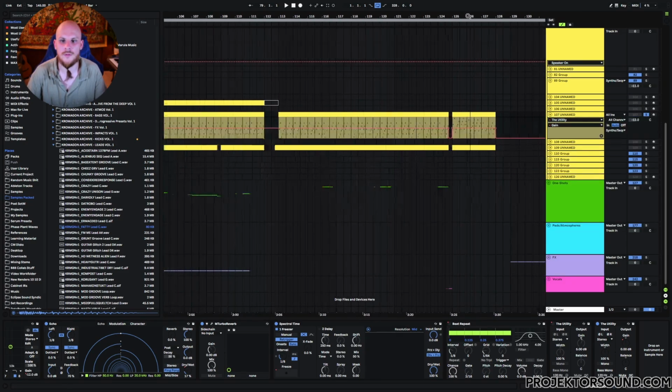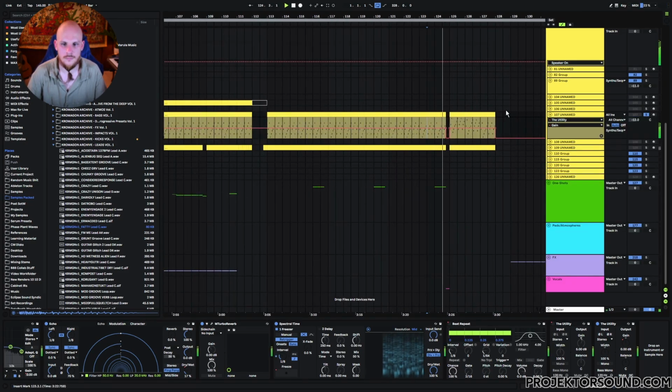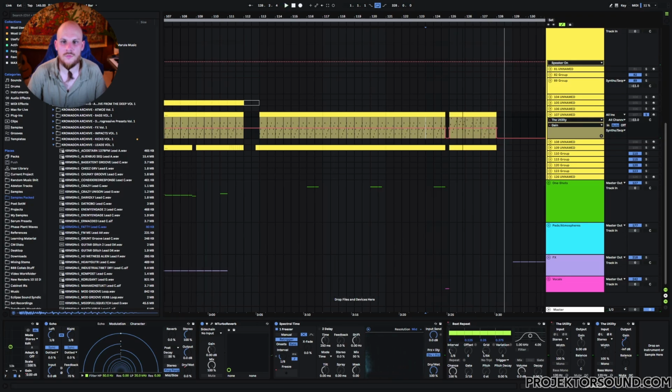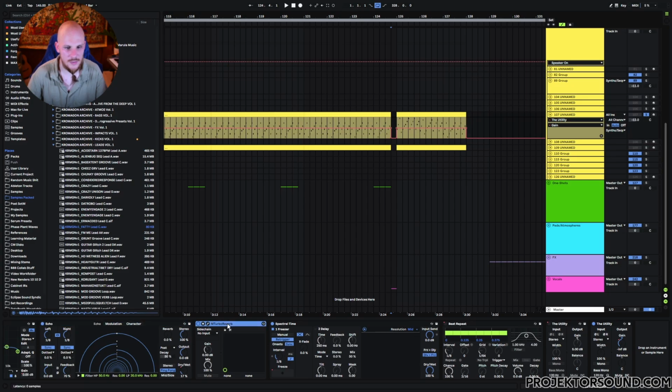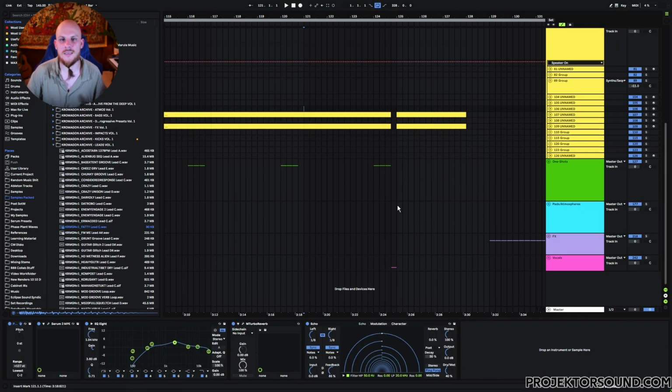that happens. So for example, we have this guy over here. You can see that through the automation, it just goes from 0 dB to minus infinity and then back. And that means that there's a clear space where something else gets to happen. Instead of its delay tail that is still playing here, its reverb tail that is still playing here, the spectral time which might still be doing things, the beat repeat which might still be doing things, all of that is going to get cut out in this area and we're going to have complete silence here. And in this case, this is used to have kind of like a vocal shout, which I'm not entirely happy with, but also to have a key change there.